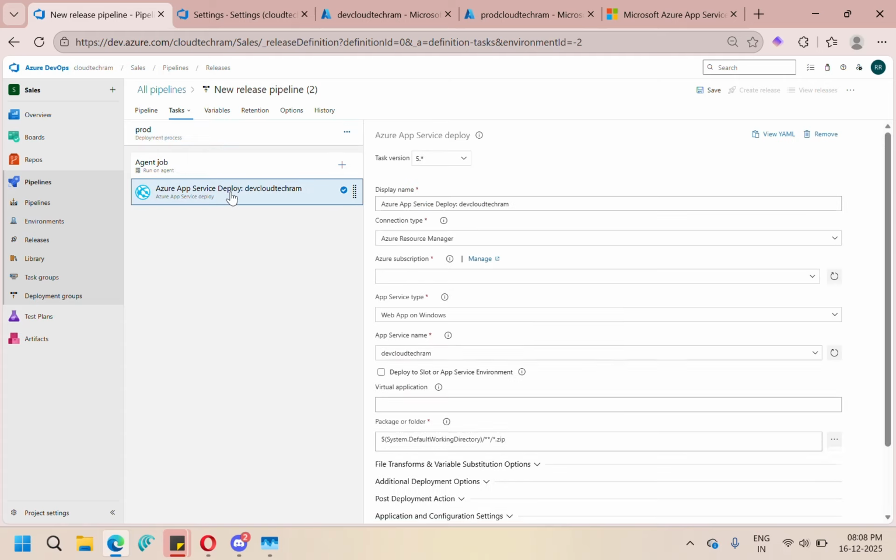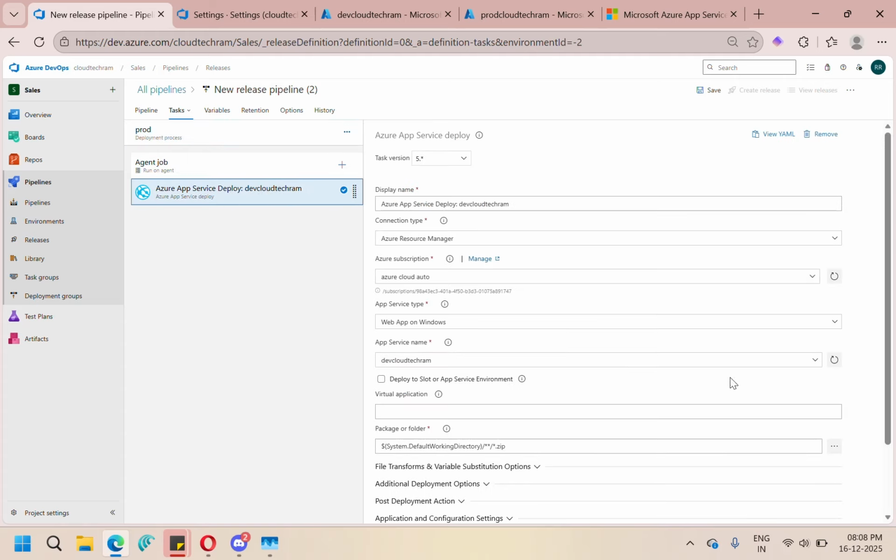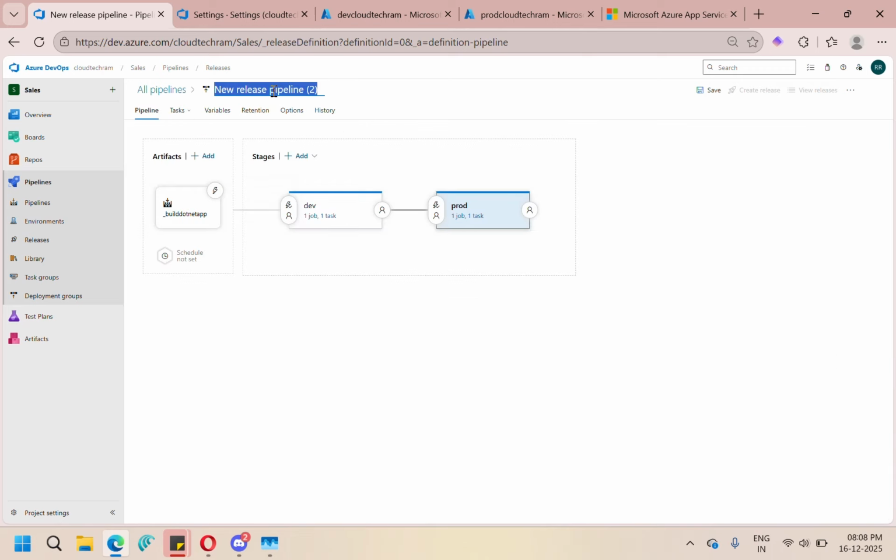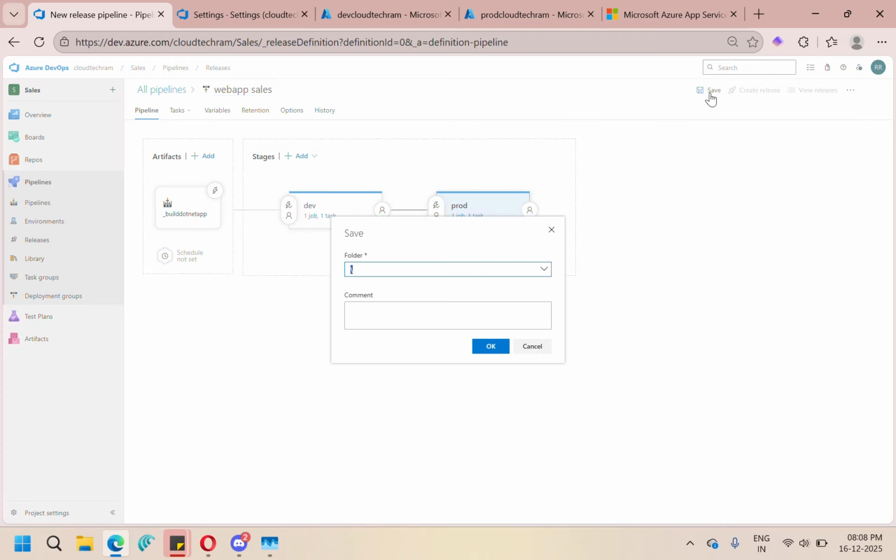And now let's click on this specific task, and earlier we have selected dev app service, right? Now let's select prod because this is for prod deployment, and let's come back and let's name our pipeline. Okay, I have renamed it. Now let's save and queue,